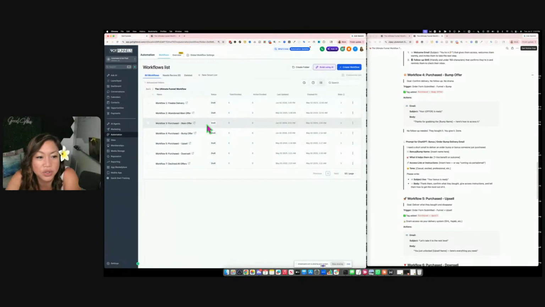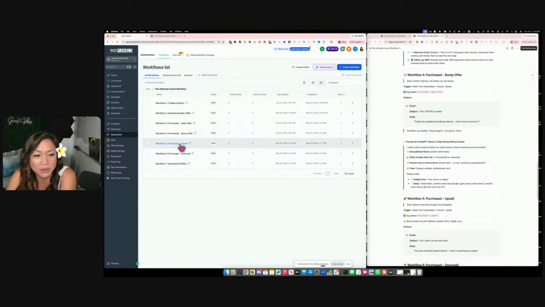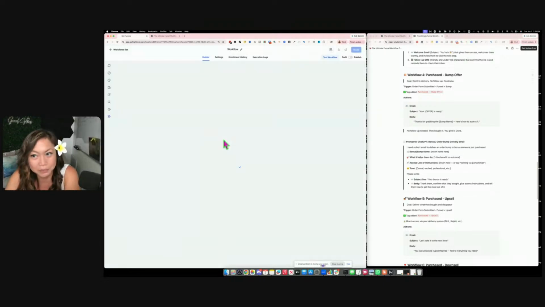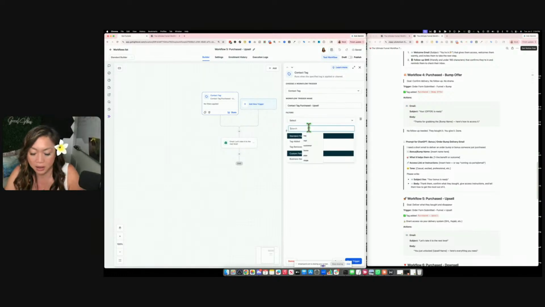Another thing we could do is, if you got my other ultimate snapshot, if they purchased, maybe they're going through the other pipeline and getting tagged that. That may be another reason why these triggers are set with the tag, because I haven't been in here in a while. So if they are set with the tag, then if there's another workflow that already tags them this, or maybe you just tag the contact, then